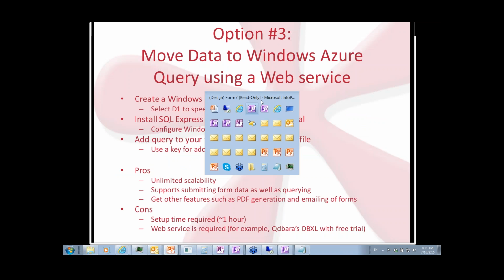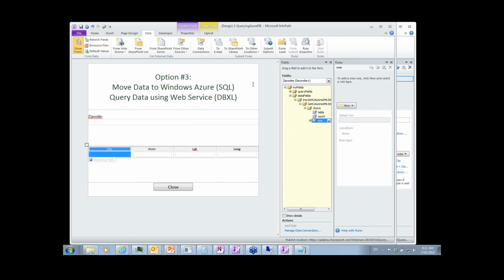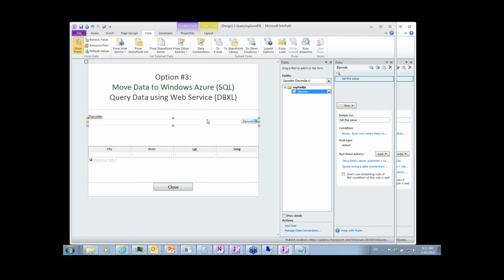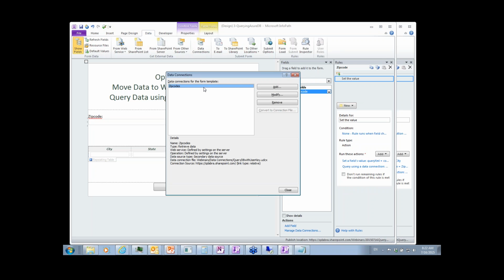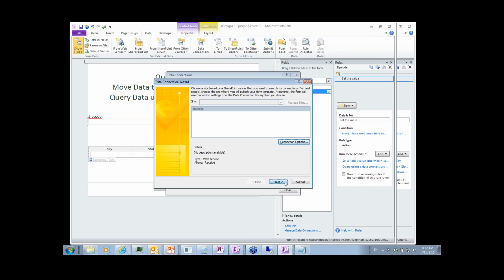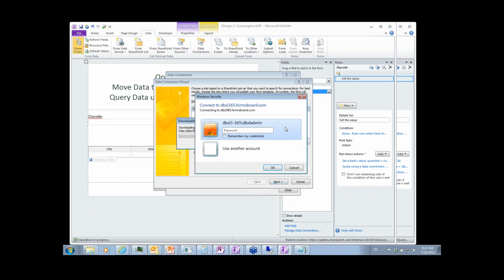And then I've got a form here that is going to query that data. Now, the form is really simple. It just, once again, has a zip code, has one field. We're going to query the zip code. And it then has a rule that queries a data connection. That data connection is configured to point to the Azure database, actually the web service on top of it. The web service is called